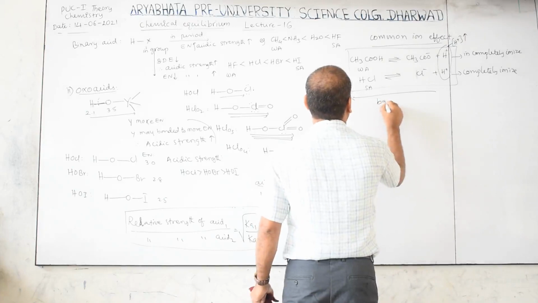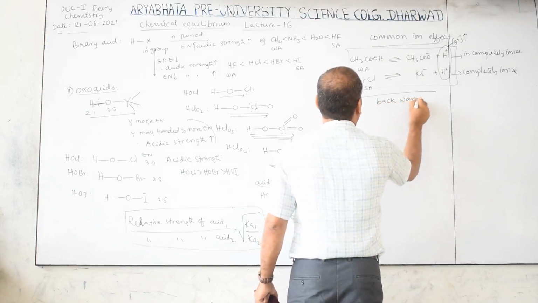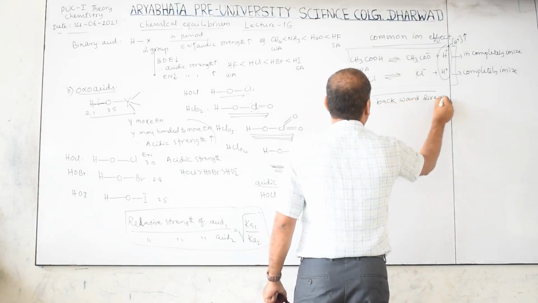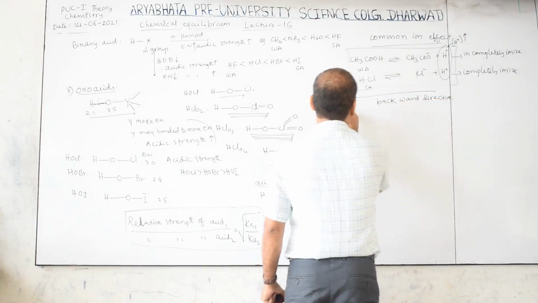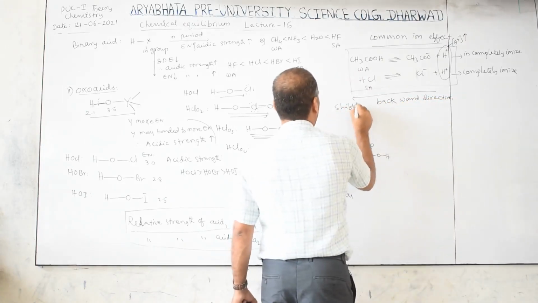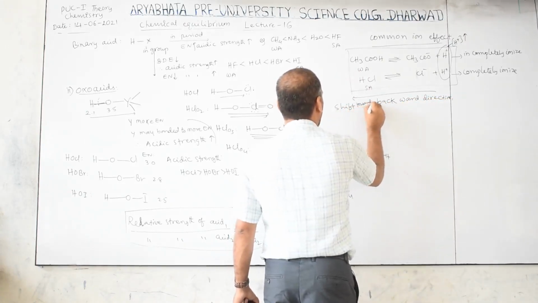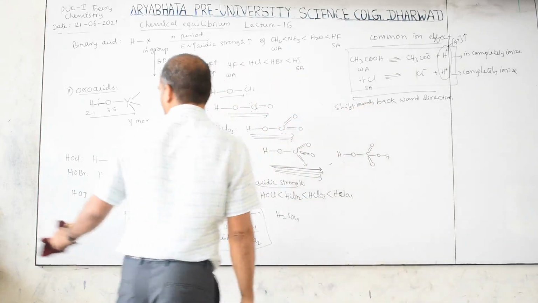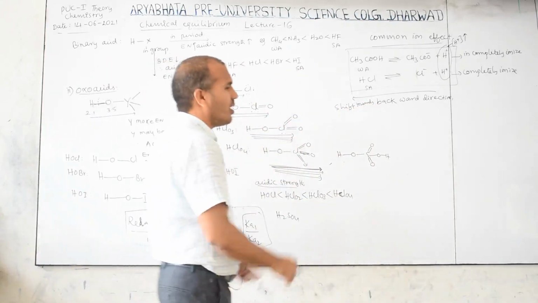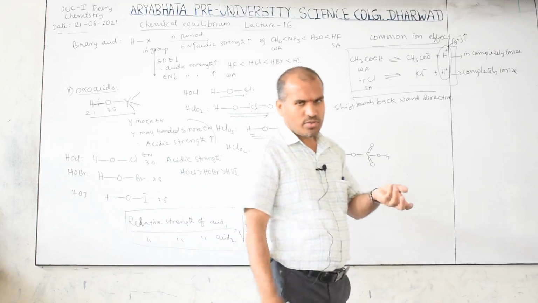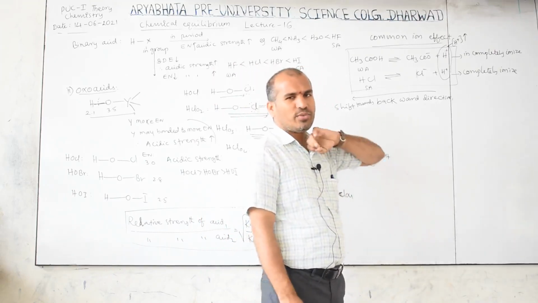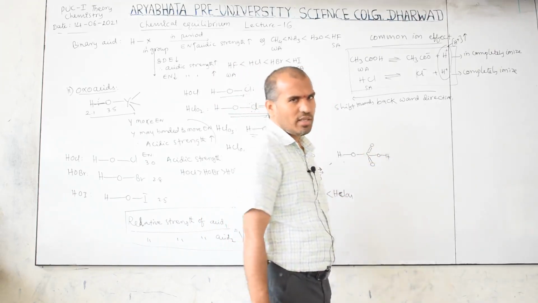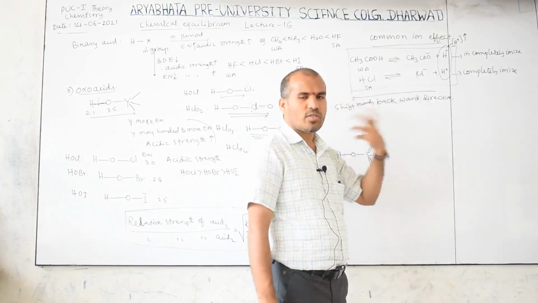Simply backward direction, right? When it shifts towards the backward direction, what will happen? Before that, at least it is dissociated. Now what happened? The dissociation is totally decreased. When dissociation is decreased, its solubility